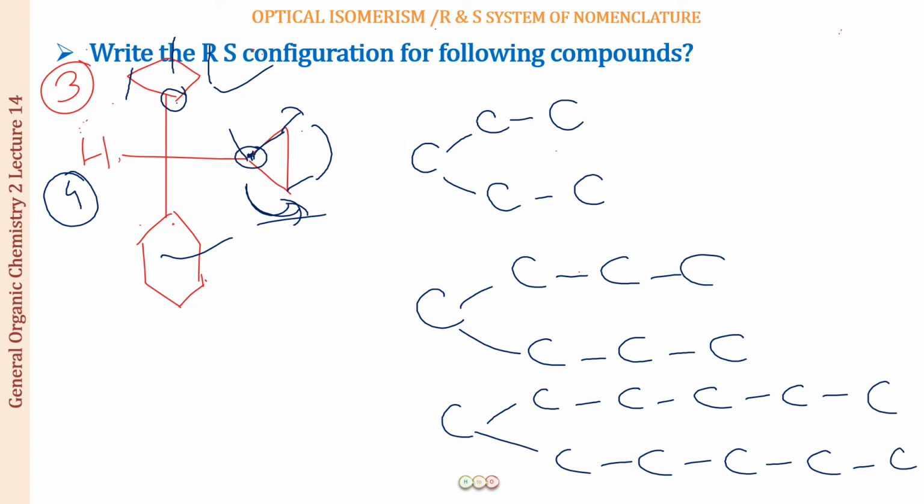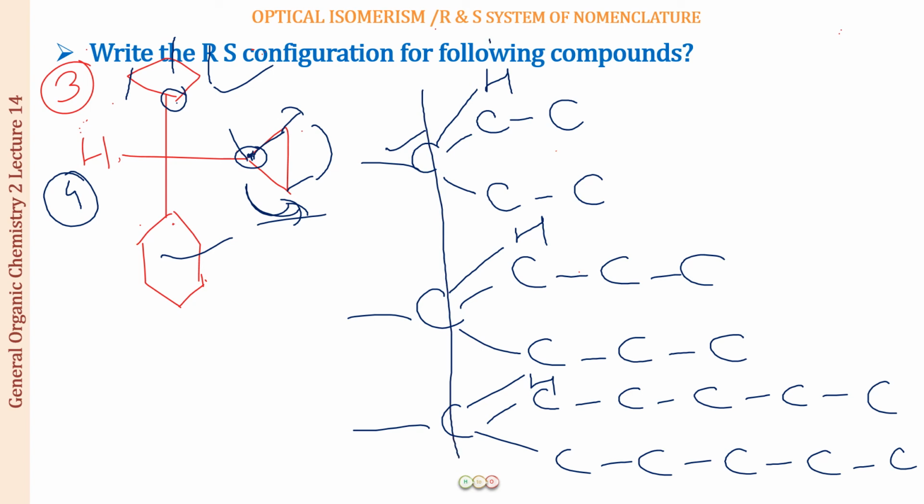So keep on looking at one carbon each. So this is a carbon. Fine. So if this is the carbon that I have, obviously this is attached to one chirality center. So how many valencies are left for this? It is going to be one hydrogen over here. Similarly, there is going to be one hydrogen over here and there is going to be one hydrogen over here. So these were similar, these are also similar. Fine. So look at the next one. So when you look at the next one, again what you can see is that this carbon is forming one bond with one carbon. So obviously the rest of the three, that is going to be hydrogen.